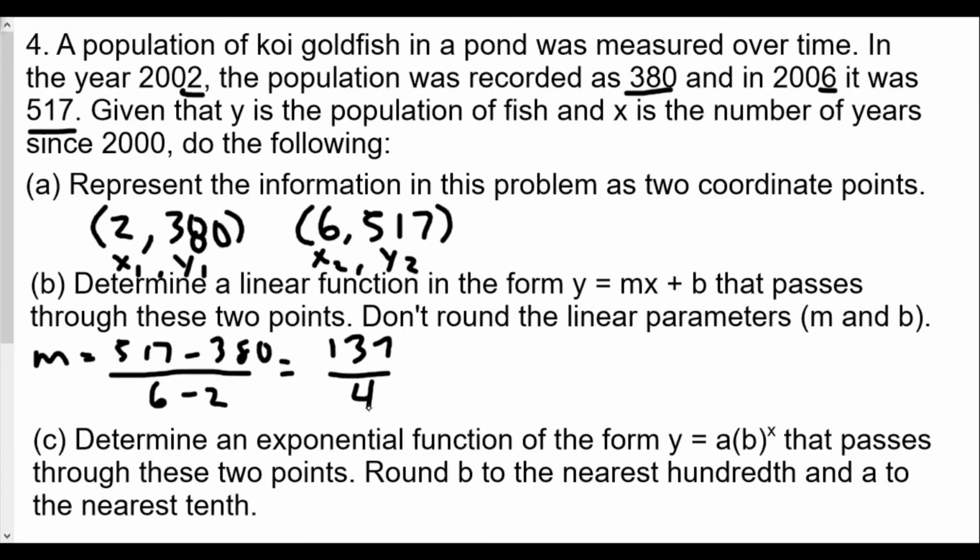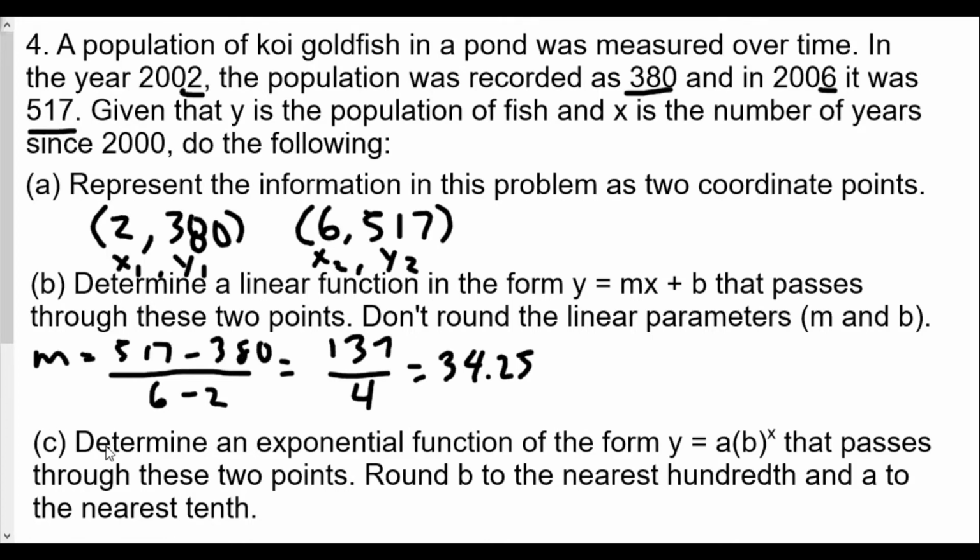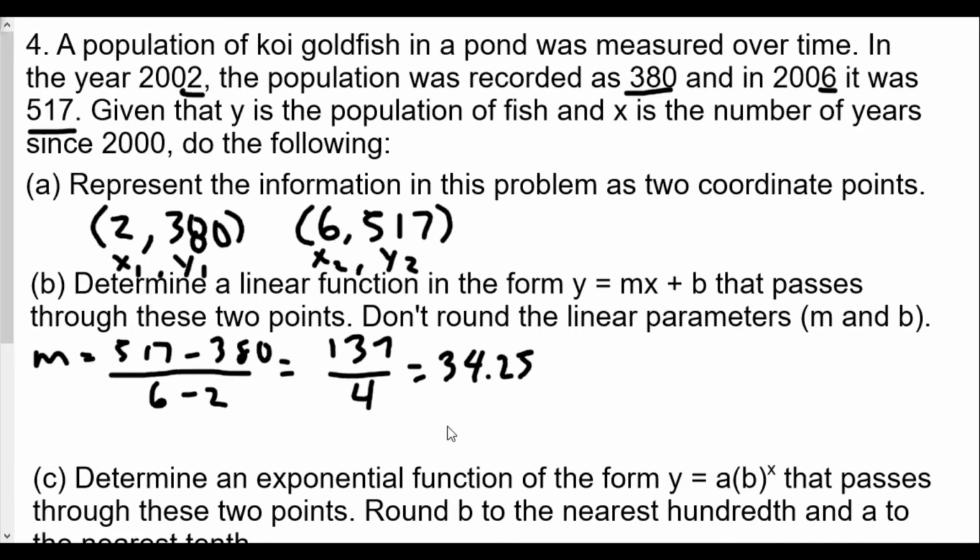Now, it doesn't go in evenly, and if you want to, we can write a decimal. 137 divided by 4, our slope will be 34.25. Now, in this case, we want to find the matching b value. I'm going to move this down a little bit, to give ourselves some room here. And so we're going to plug in y equals mx plus b. We'll take the coordinate, and I'm going to use this coordinate here, the 2, 380, for my equation. So we'll have 380